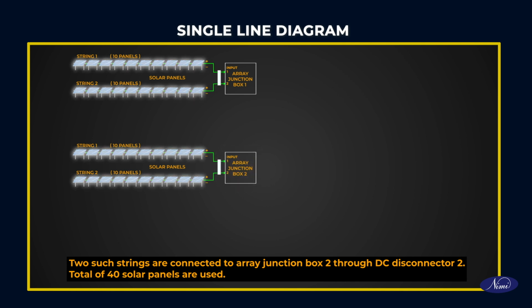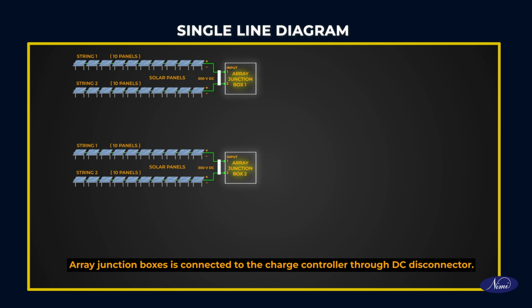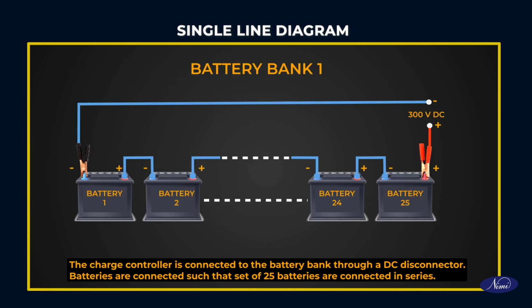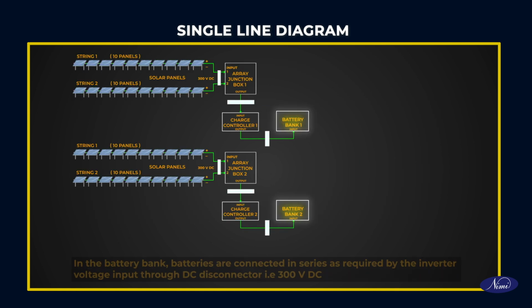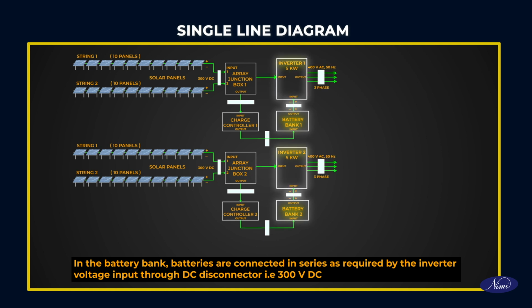Total of 40 solar panels are used. The output of array junction box would be 300 volts at 10 amperes. Array junction boxes are connected to the charge controller through DC disconnector. The charge controller is connected to the battery bank through a DC disconnector. Batteries are connected such that a set of 25 batteries are connected in series. In the battery bank, batteries are connected in series as required by the inverter voltage input through DC disconnector,